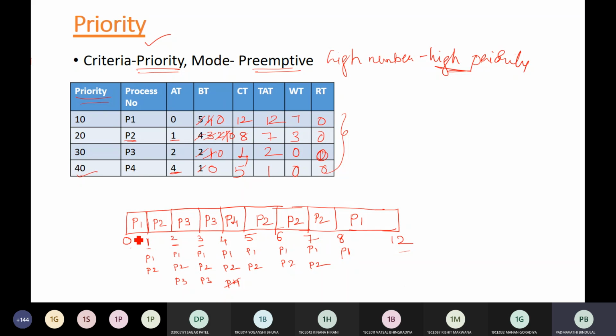Like अगर P1 start किया है तो you execute P1, you don't worry about the priority, because 0 instant में वो process आ गया तो that you have started. Okay, then after completion of P1, you check the priority and then you take any one process to complete its execution. So उस तरीके से करना है, so that you can do it quite easily.